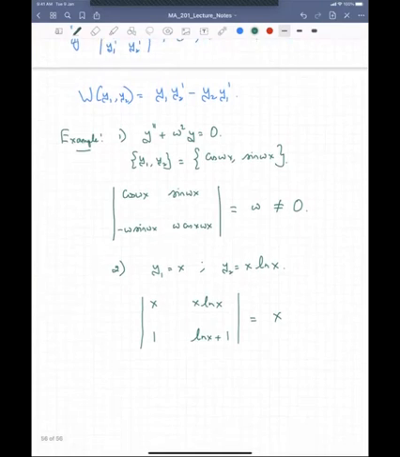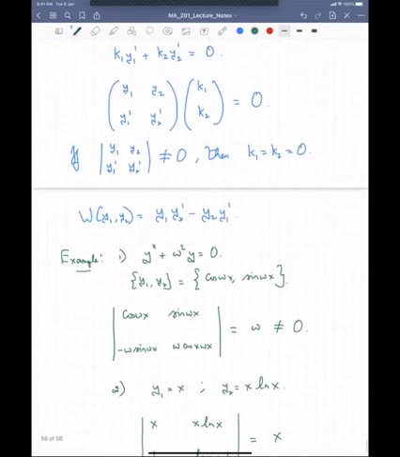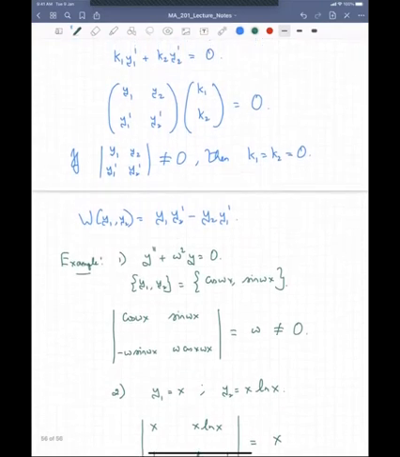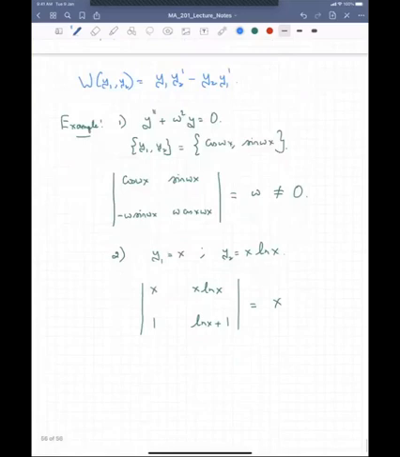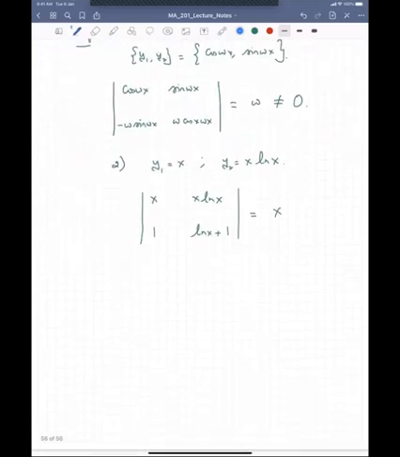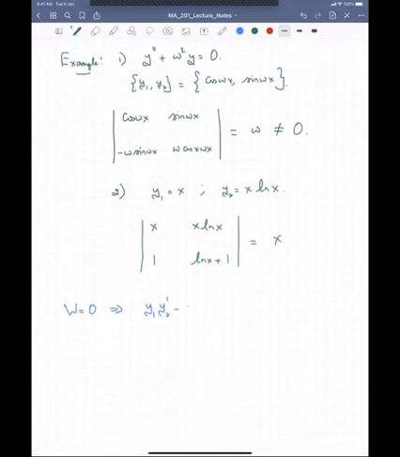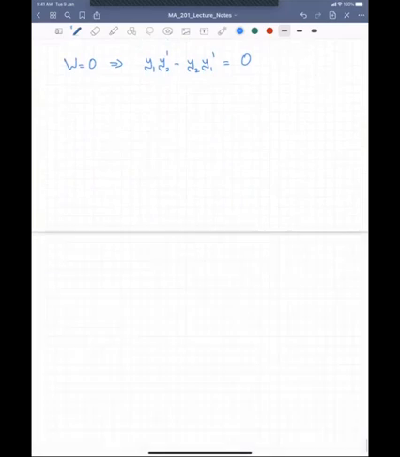So when the Wronskian is not equal to 0, from simple arguments of linear algebra, you can clearly understand that these solutions are linearly independent. We can also work out the other way around. What happens if W equals 0? If W equals 0, this implies that y1 y2 prime minus y2 y1 prime equals 0. That's what the Wronskian means. So this simply means that